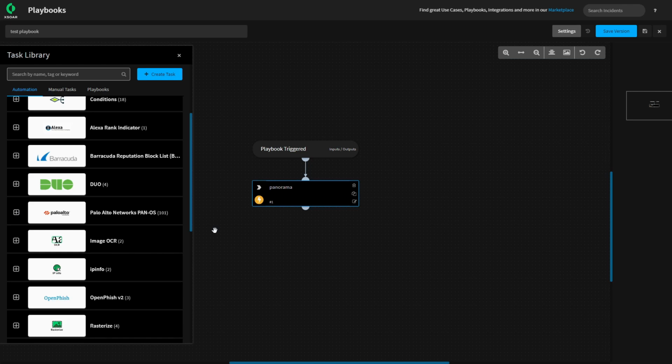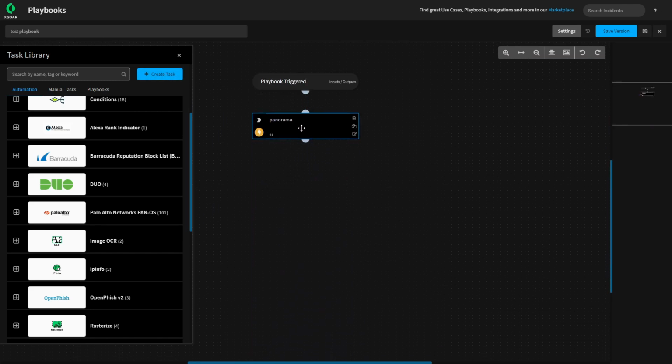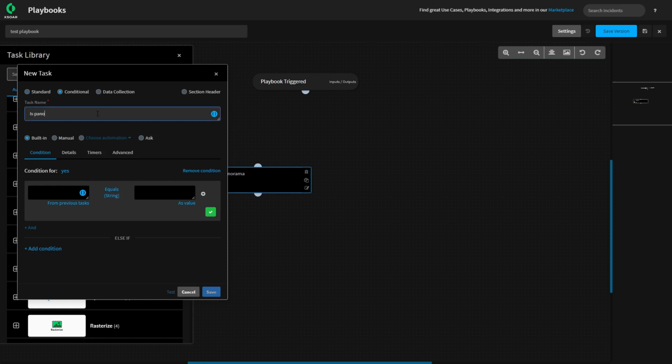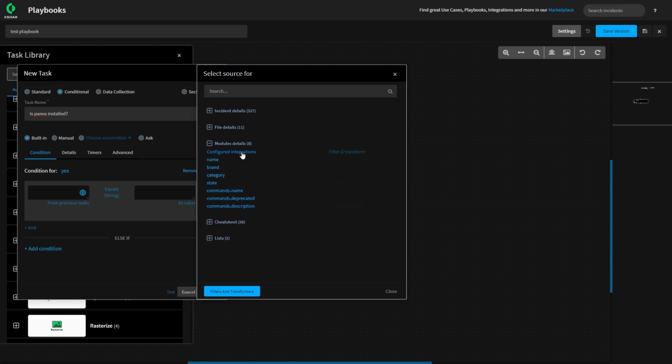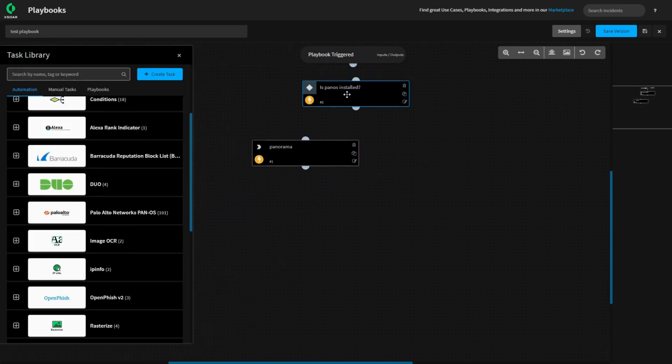You can then create a choice task. So we can create a task. If we just bin that, create a task, and then it's conditional. Task name is PanOS installed, and then you would look at modules details, configured integrations, and then you would look for PanOS, else if we do that. Okay, so if PanOS is installed,